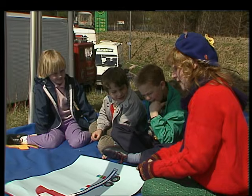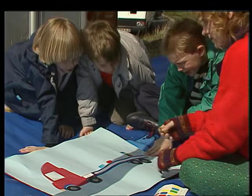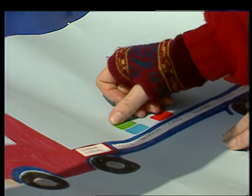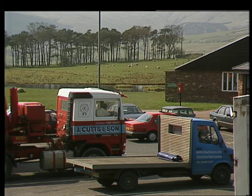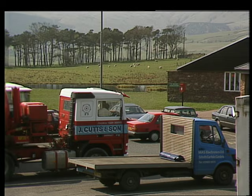Well, should we put that one down? That one goes on tarpaulin, doesn't it? Yeah. A green one. That's that one. What colour do you think it's going to be next? I think the next one's going to be white again. We'll see it in this gap here. It's got a white cab with a container and